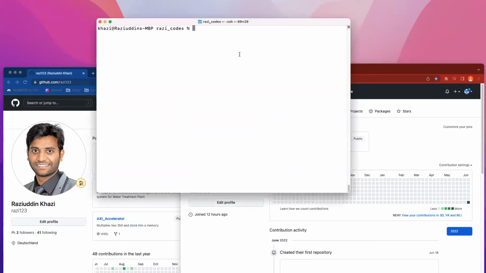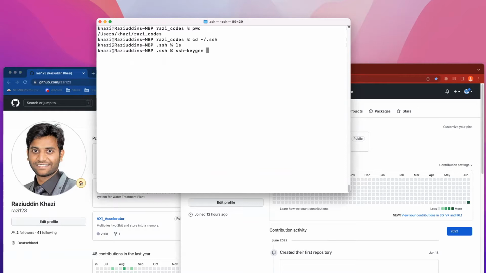So let's move ahead. Currently I am in my Razi codes directory. First I have to move to the shell repository, that is home/.ssh. Once I'm here, you see there is nothing. I list the repository, it's empty. Now the very first thing is I have to create a public and private key for the repositories. That is like SSH